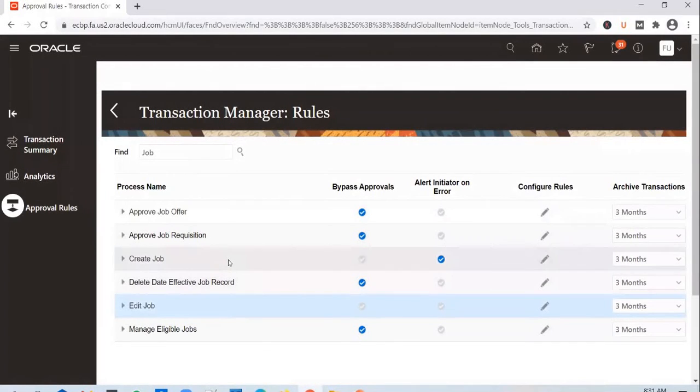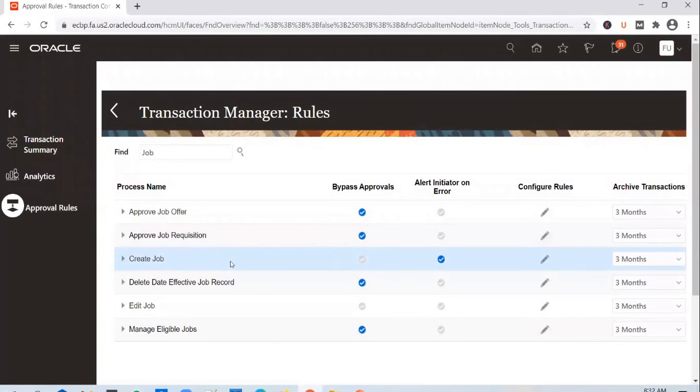You can check with the client as to when he wants approval to be enabled. He might say enable approval when the job is created, but don't enable approval when the job is edited. Or he might say enable approval when the job is created as well as edited. So you have different approval processes, and depending on what the client tells you, you have to plug the logic into these 2 approval processes.